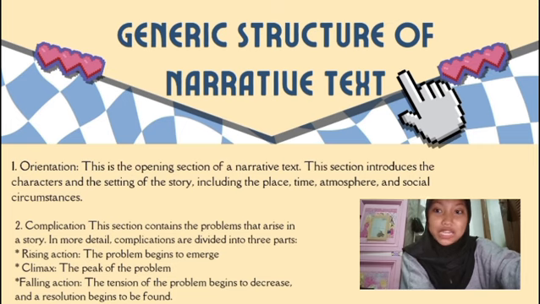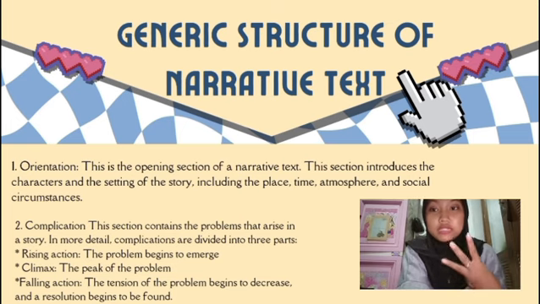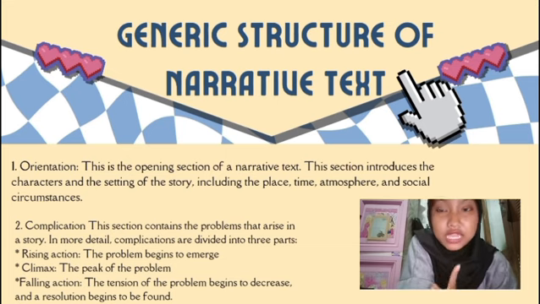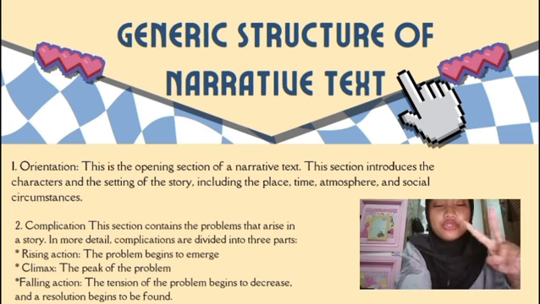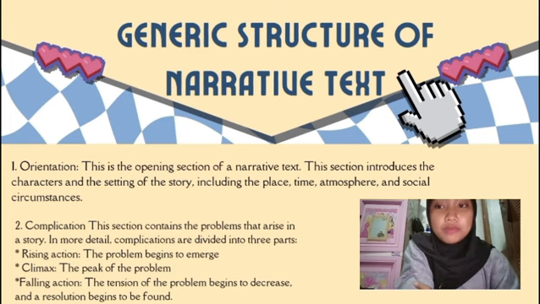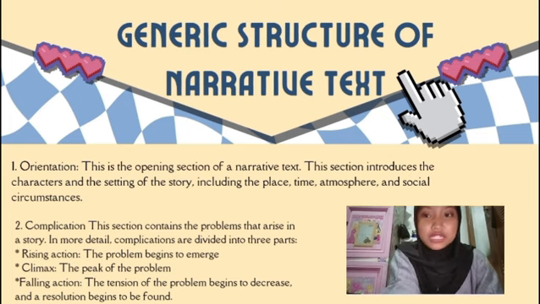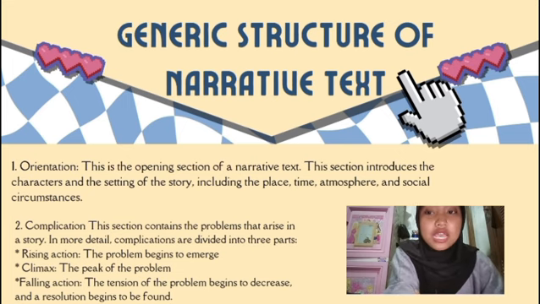2. Complication. Complication is the section that contains the problem that arises in a story. In more detail, complications are divided into 3 parts. 1. Rising action. Rising action is when the problem begins to emerge. 2. Climax. Climax is the peak of the problem. 3. Falling action. Falling action is when the tension of the problem begins to decrease and a resolution begins to be